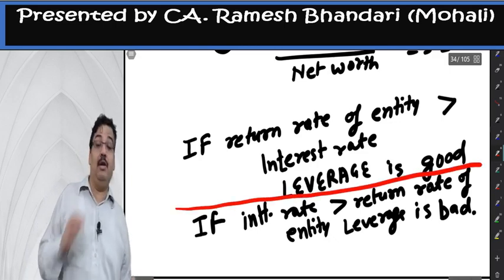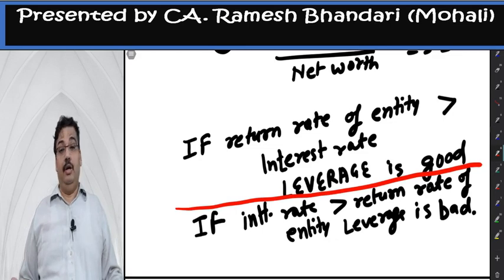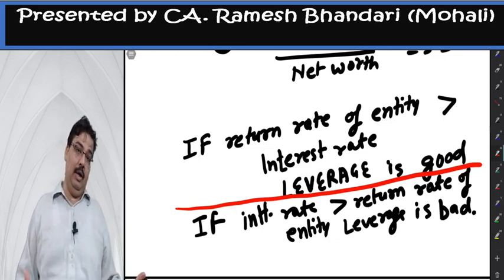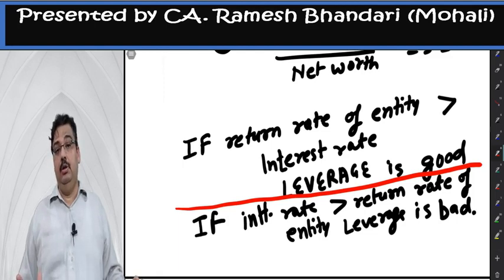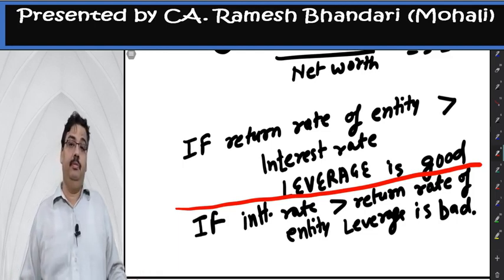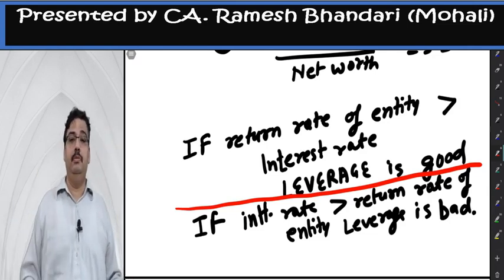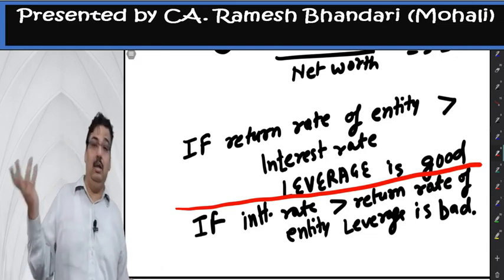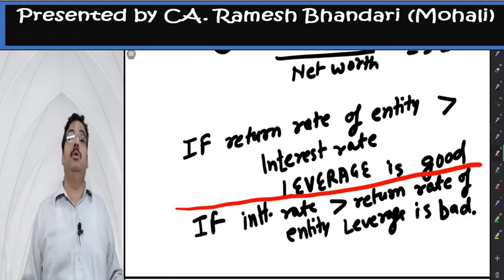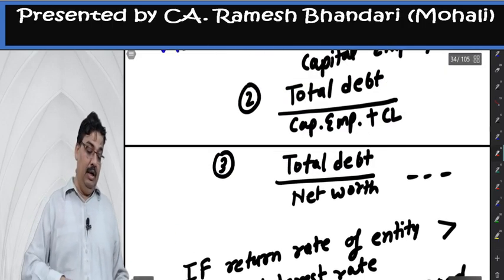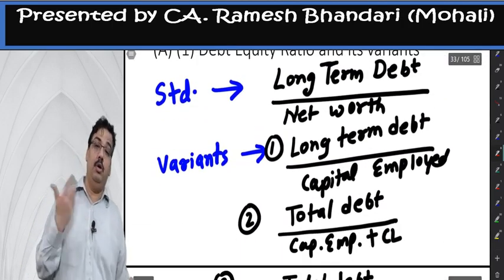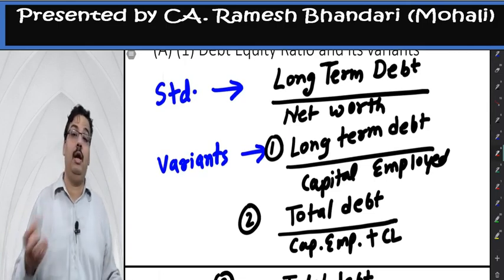And we should admit, as of today in lockdown, the return is almost zero. Whatever the interest rate is, it is going to be paid out of pocket. That will create problems for the business. So leverage is bad in these days. In good days, you are paying, let's say, even 18% interest to the bank, and you are earning 30%. So all the money you are earning on that, 12% extra, is for equity shareholders. That is the positive effect of the leverage. So the debt equity ratio is important to analyze how much leverage you are having in the entity.